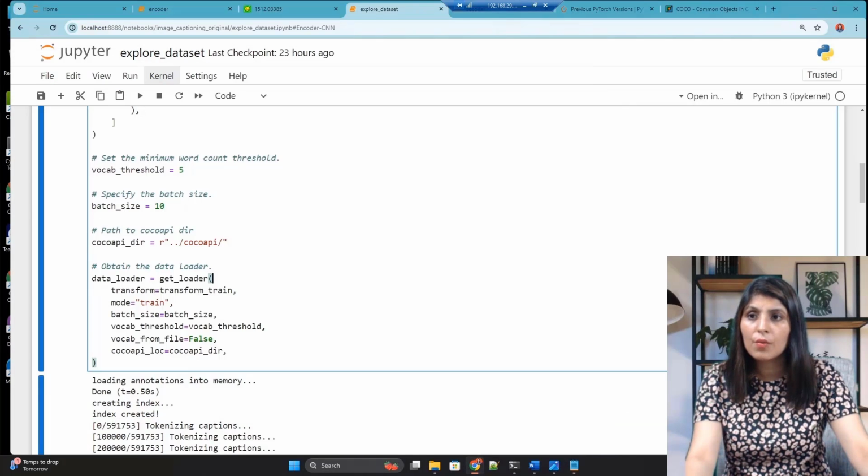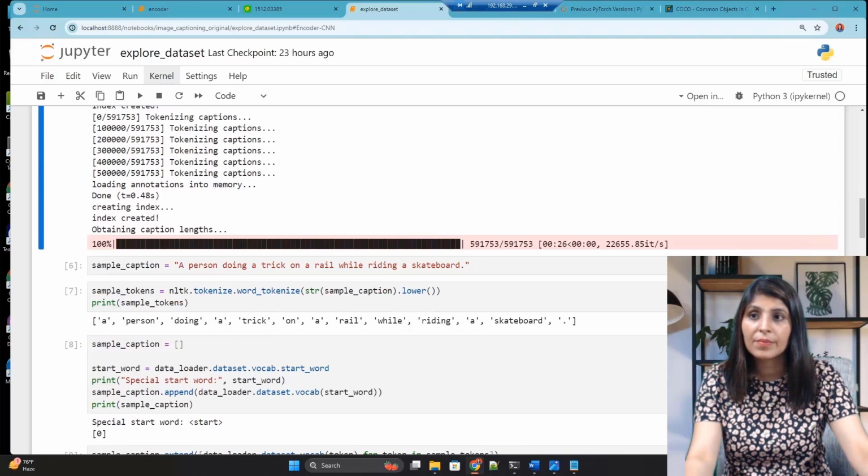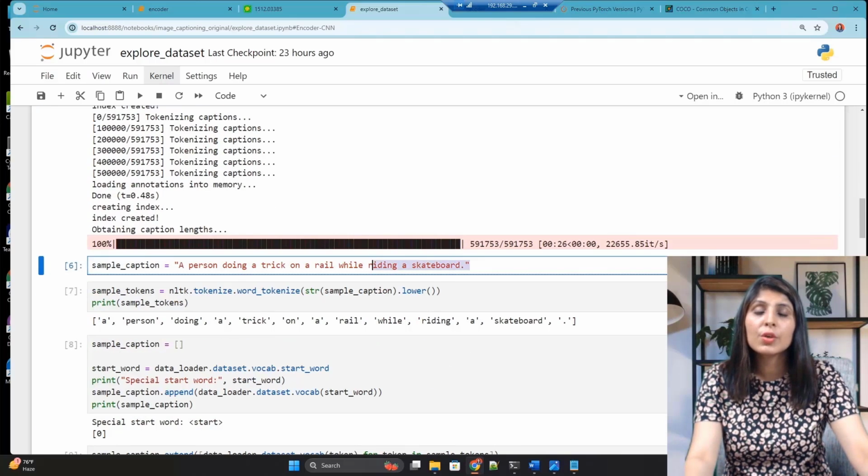So here, vocab from file is false right now, but later on we will provide the name vocab.pkl, the pickle file, over here. That simply means we want to pick the vocabulary present in this file, and this is the path of our dataset. Once you load the dataset here, I'll show you a simple example of how we work in natural language processing.